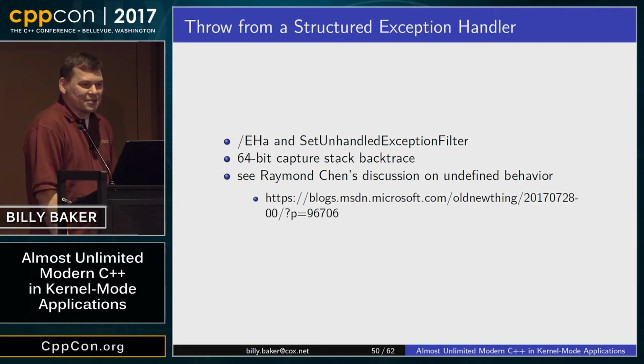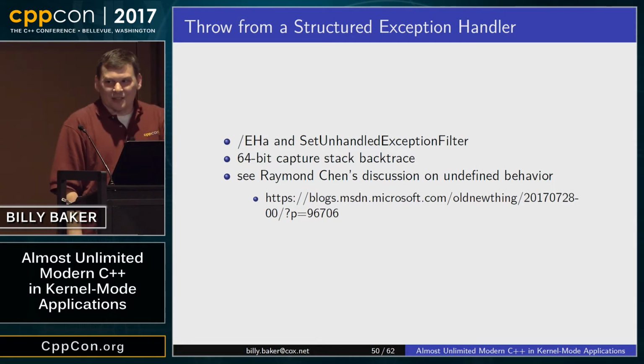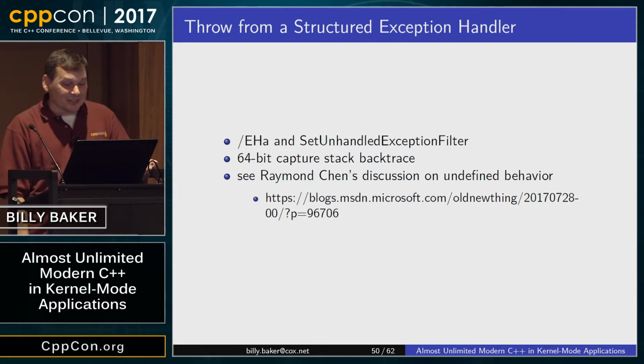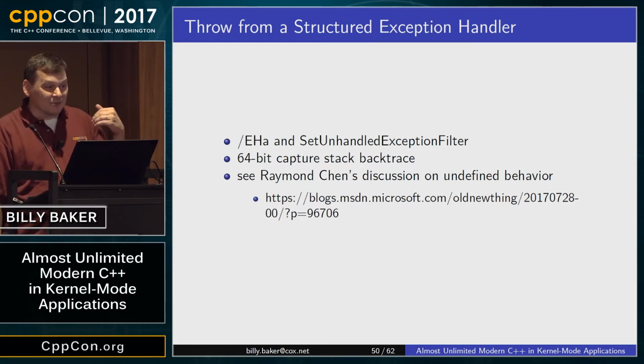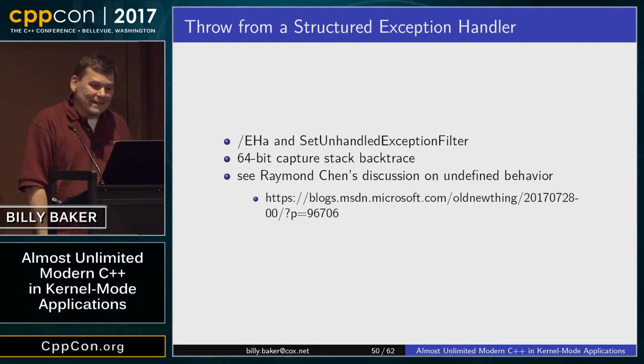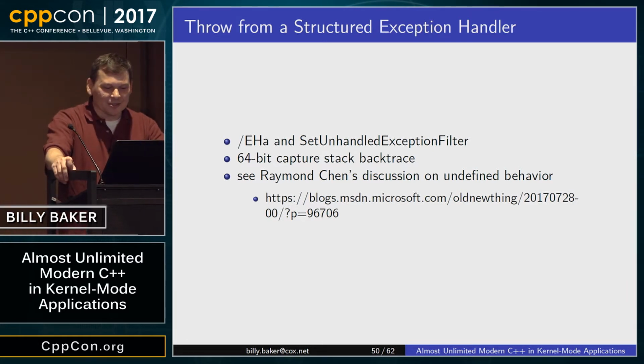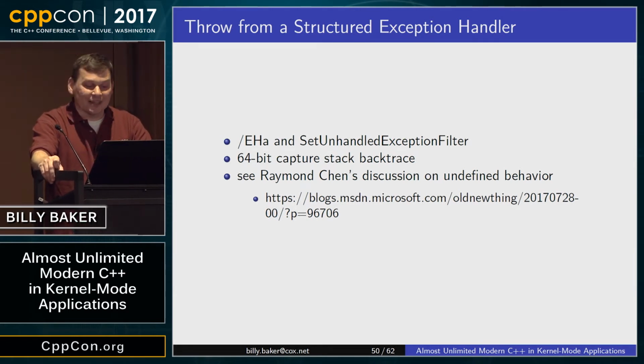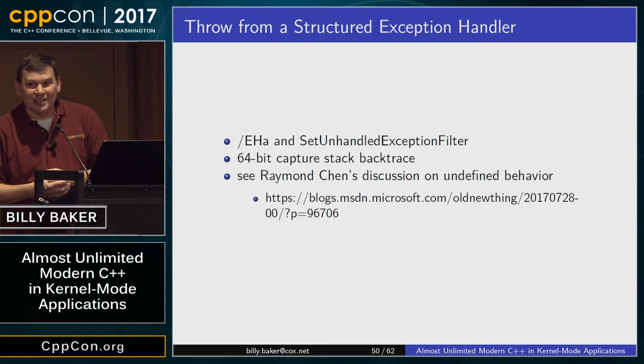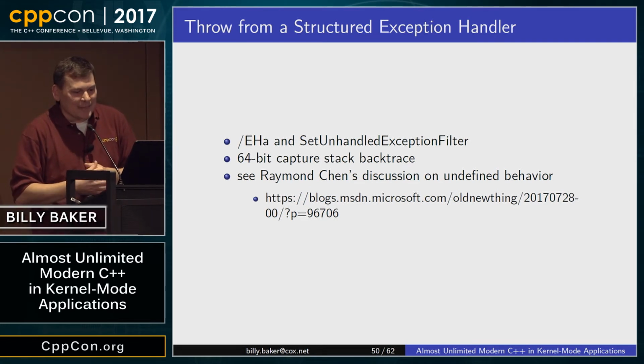The other part of exceptions, getting away from the standard. On Microsoft, if you didn't know, we have set unhandled exception filter. If you compile everything with /EHa, which is a different mode of exception handling, you can actually catch things like floating point exceptions, access violations, stack overflows, etc. If you also happen to be in 64-bit land, you can do a pretty good job of capturing all your registers in your stack backtrace. So for reliability, this would be something that you'd want to build in, and it's something that's very